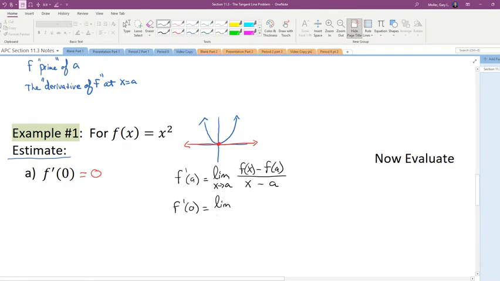So we want the limit as x approaches 0 of f of x. Oops, not the symbol. Let's do the actual function. F of x is x squared